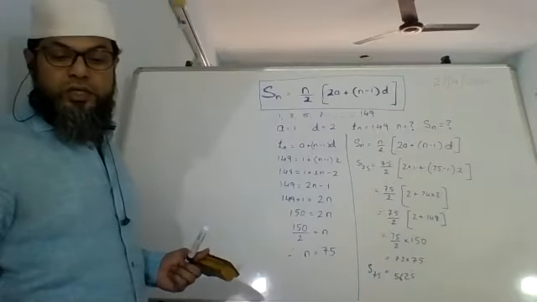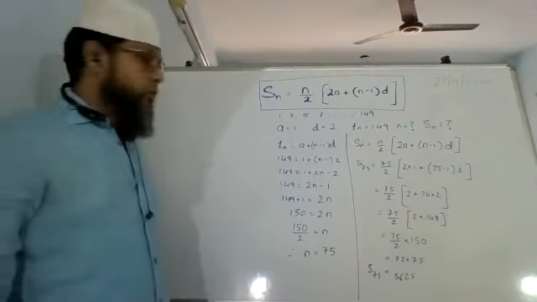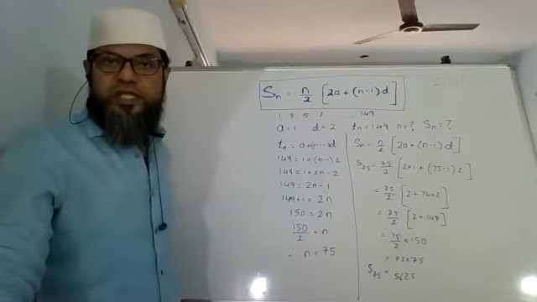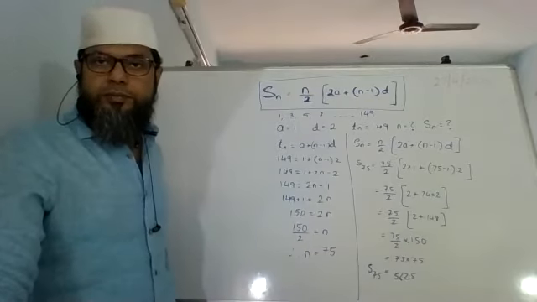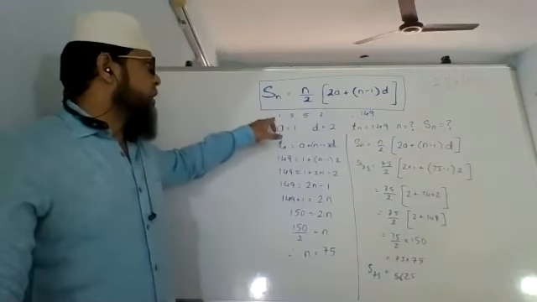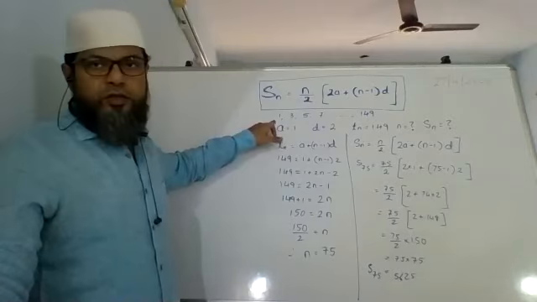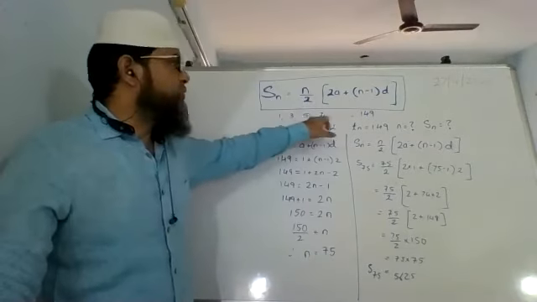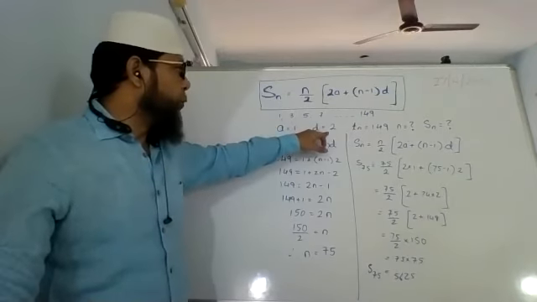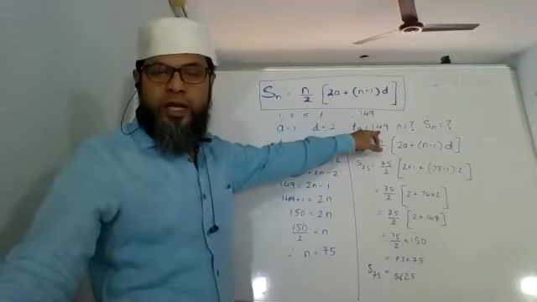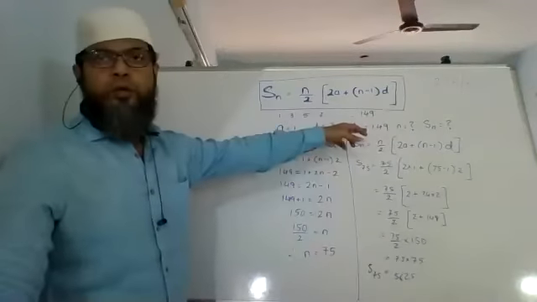So the sum of odd numbers up to 150 is 5625. Please copy this. Then we are going to look at another sum. Here, they had asked us the sum of all odd numbers up to 150. So first we wrote the AP, which is 1, 3, 5, 7 going up to 149. Since it is an AP, a is 1, d is 2. The last term we know is 149, but the term number we don't know, so we write n equals question mark.